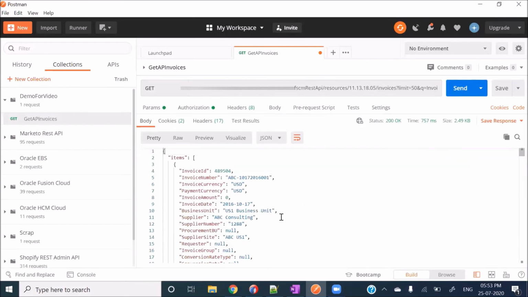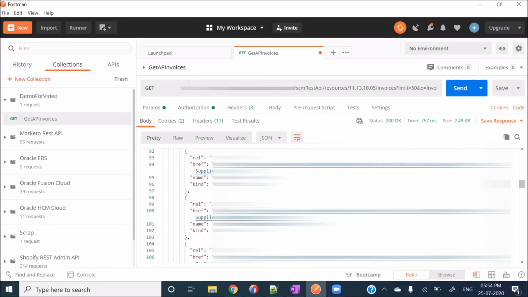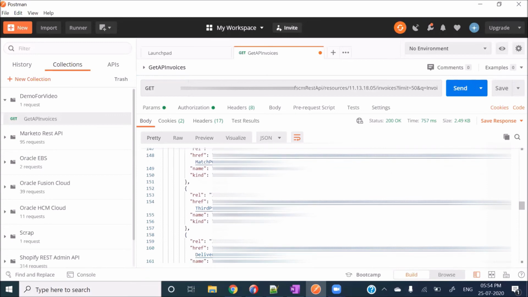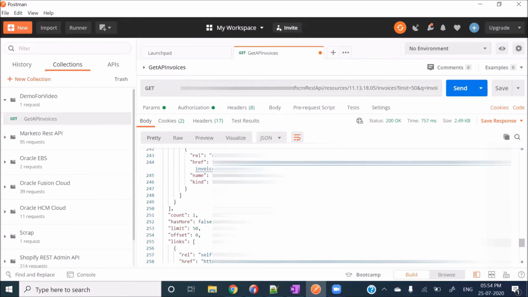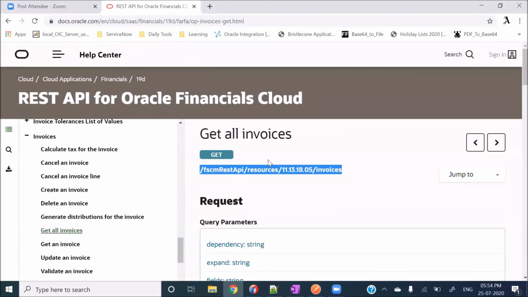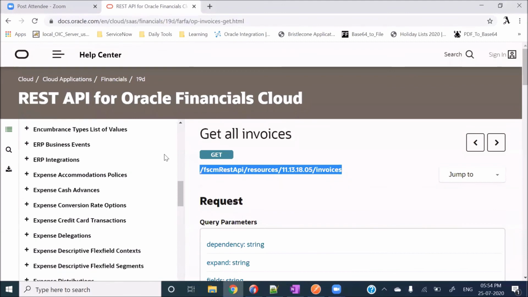So you can see here, now you are getting the data only for a single invoice. How can we confirm it? Let's go down. These are some of the links coming up. Here you can see the count is coming as 1. So this is a single invoice. In a similar manner, whatever API you want to figure out, you can directly search for it on Google. These are directly provided by Oracle in the case of Oracle modules.